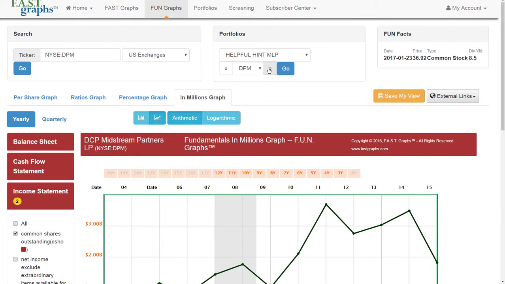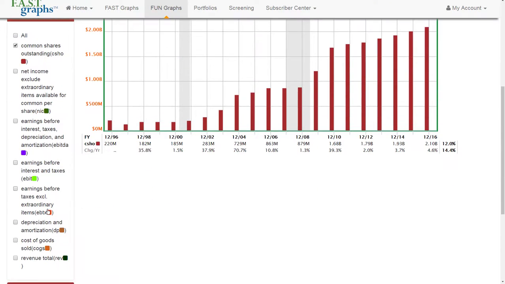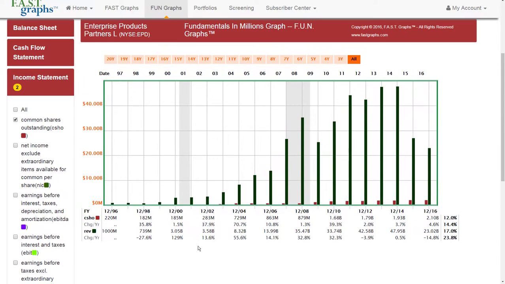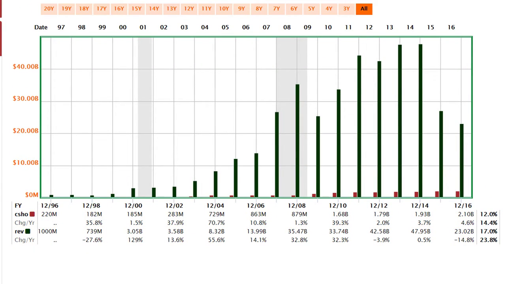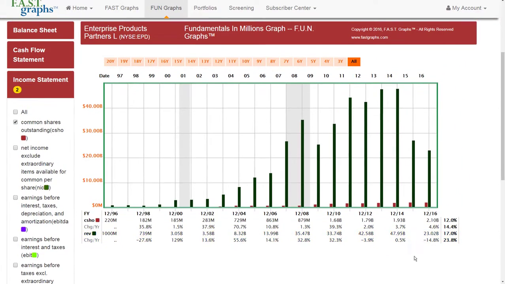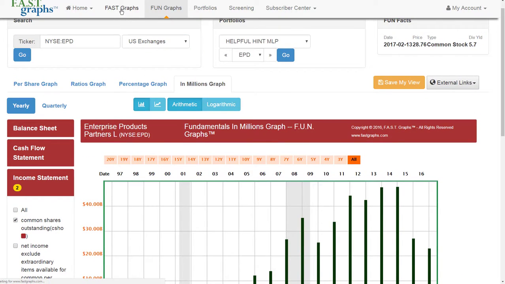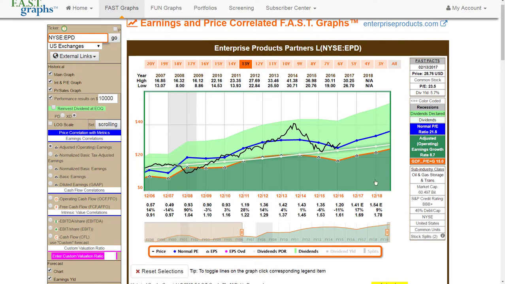So even though these companies are dilutive, I guess you would say the counter to that is by issuing new shares and then reinvesting in additional infrastructure, for example, adding new pipelines, etc., depending on the type of MLP, their revenue growth is substantial. Here we have Enterprise Products Partners, EPD. Their common shares went from 220 million to 2.1 billion, but their revenues went from 739 million to 23 billion. And obviously, that's where they were able to raise their dividends and continue to increase their dividends going forward over time. Cash flows per share numbers are difficult is what I'm really trying to suggest here,